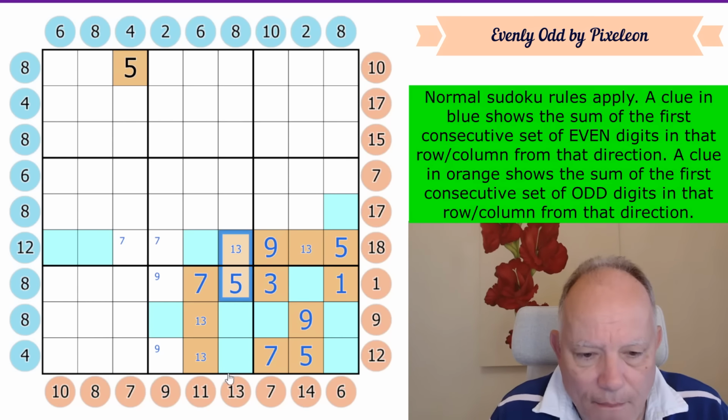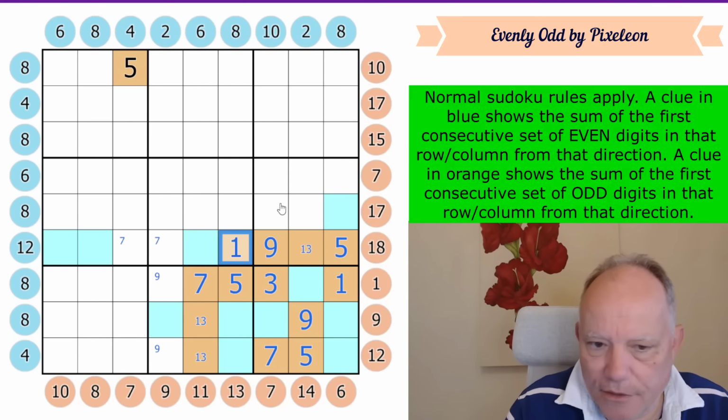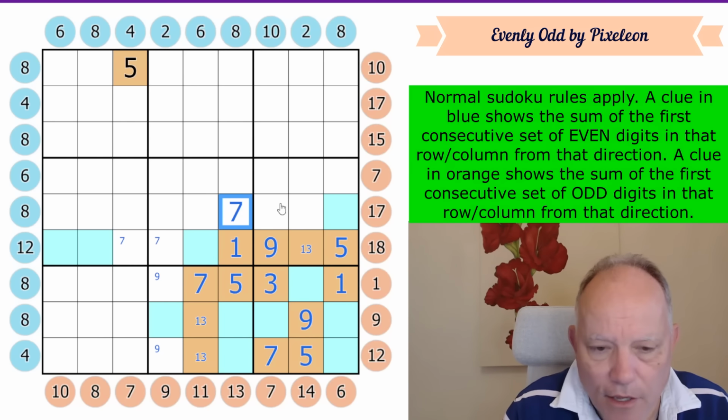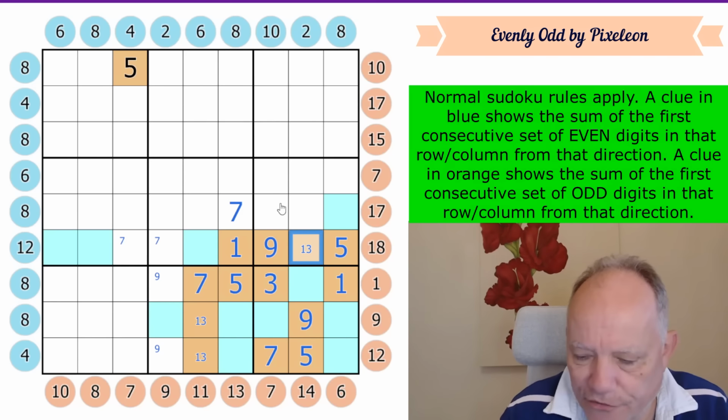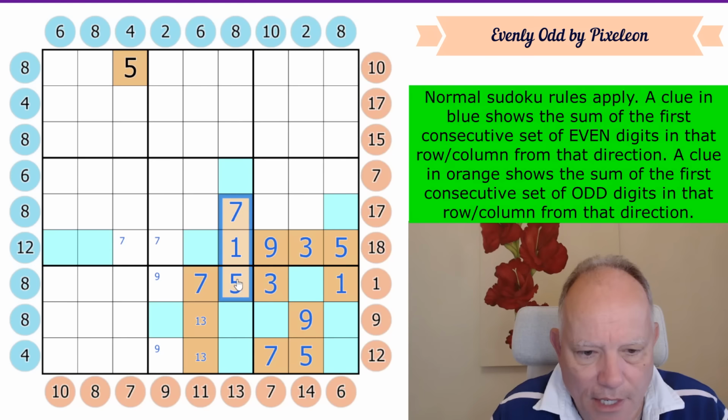13 is made up of another pair adding to 8, which is 1, 7. We can't use 3 because we'd use 5 again. So there we go. We're getting some traction here. That's blue to bound that 13 sum. The 11 is bound. The 9...